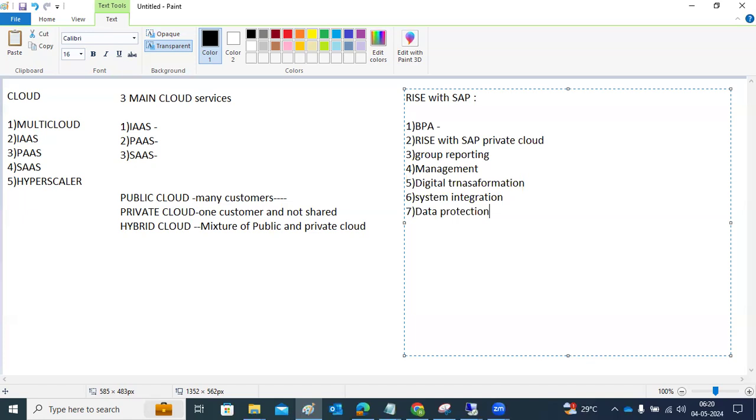Rise with SAP private cloud means it's a cloud ERP offering: business process intelligence, business process platform, analytics, business network. All those things will be available in this service. Grouping, reporting, consolidation of the solutions, all those databases, companies. Management, so it's kind of the subscription management solution. Coding, billing, new revenue purposes, they will use the management.